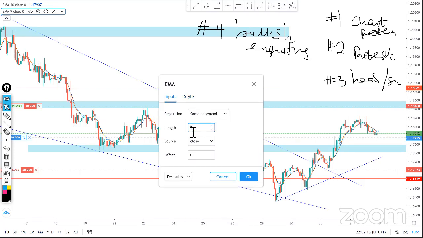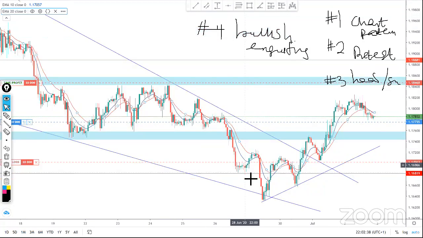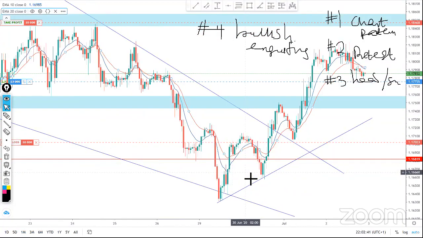It means I'm putting into consideration 20 days, 10 days. It all depends on the time frame. So if you are trading on the daily time frame, it means you are putting into consideration 10 and 20 days. If it is on the 4-hour chart, it means you are putting into consideration 4 hours times 20. Likewise, the 10.